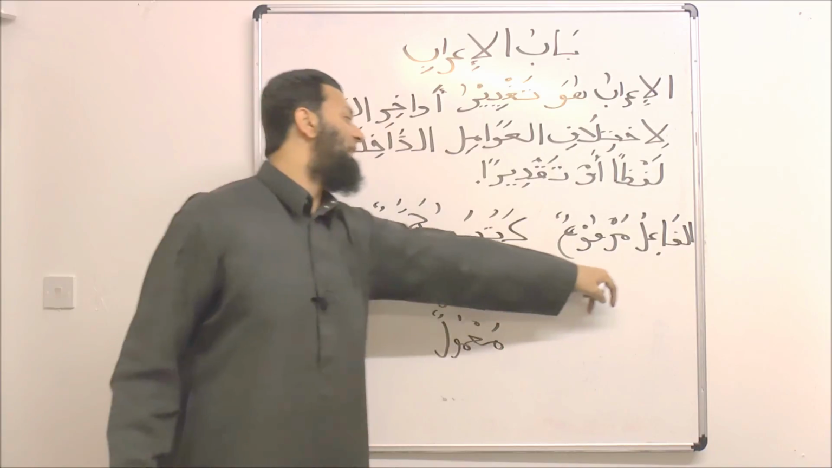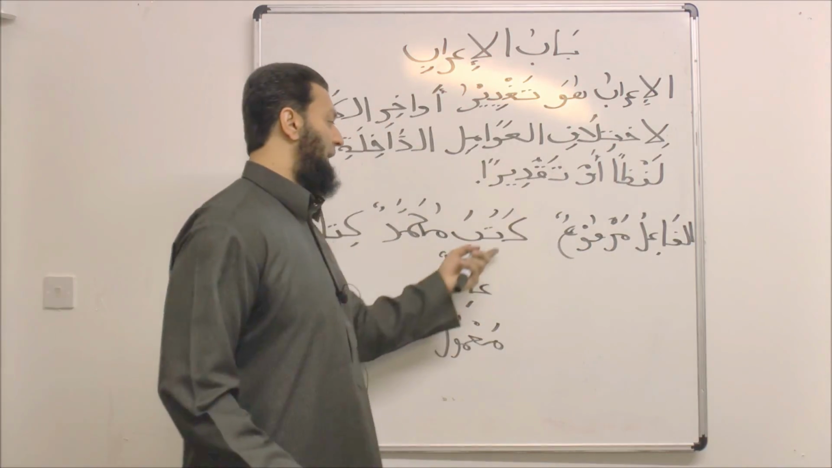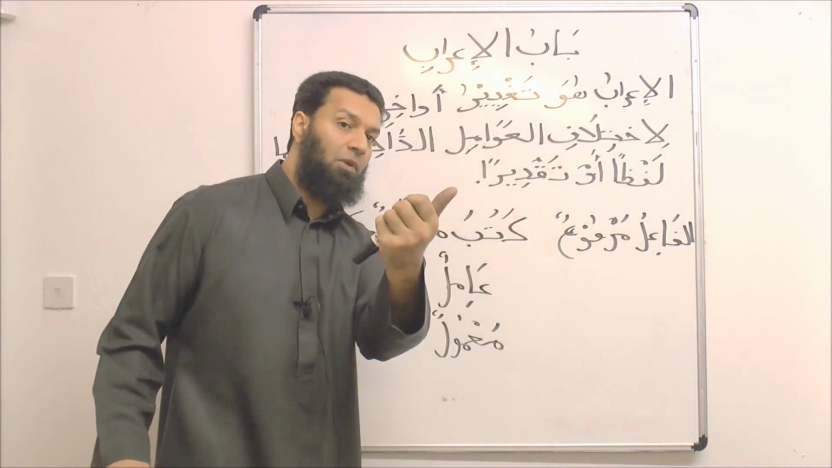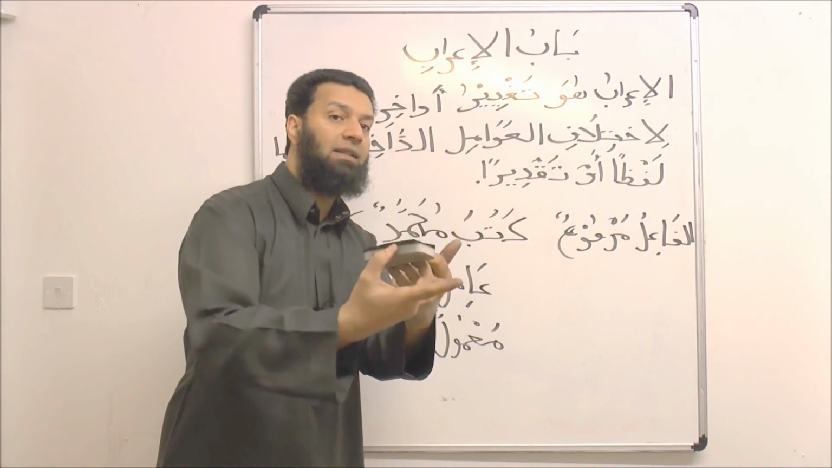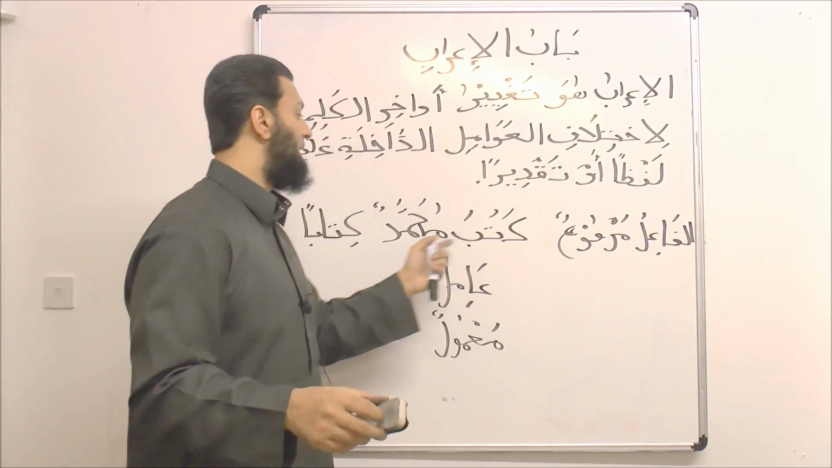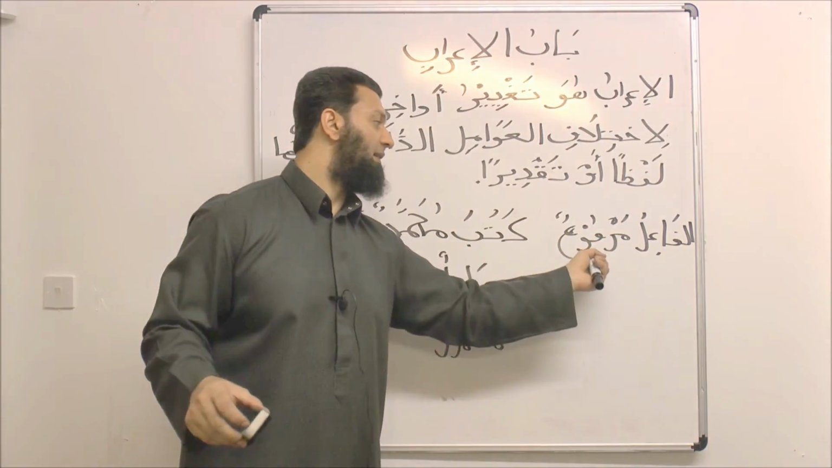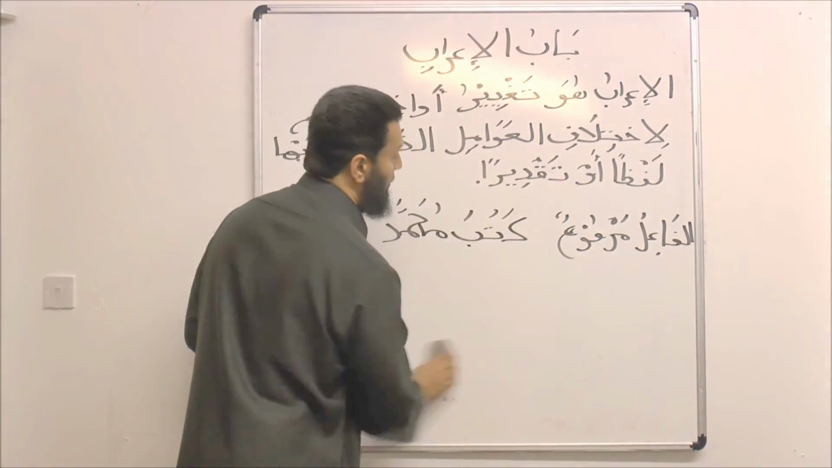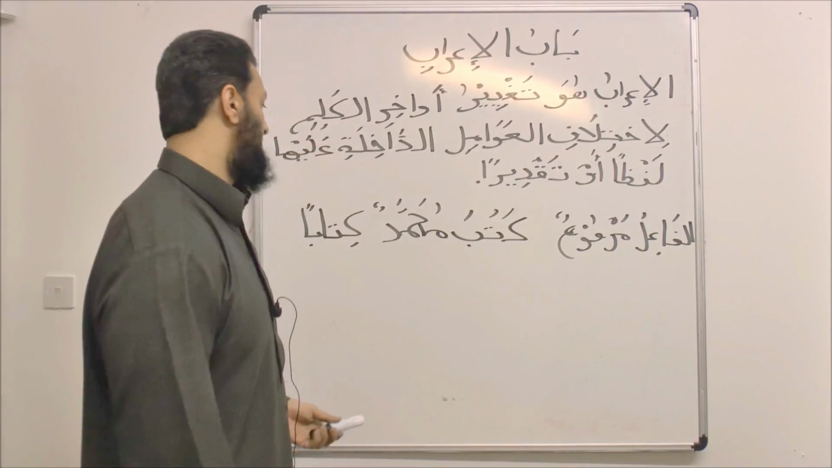So that's where this principle is extrapolated from, that the fi'lun requires a fa'ilun. The fa'ilun is an ismun. If that ismun conveys the meaning of what you're trying to say, i.e. that Muhammad is the one who's doing the writing, then that is the fa'ilun, and it's going to be marfu'un. Amilun and ma'mulun. Right. If we want